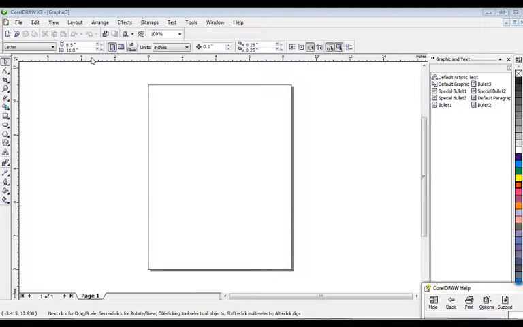CorelDraw is software that you use for designs. You can use it for all kinds of designs, like logos, flyers, any kind of design. You can also edit on it. If you are good, you can also do some edits and some designs on CorelDraw. So it's a very important software if you're in the design niche or you want to get into the design world. So, starting with,